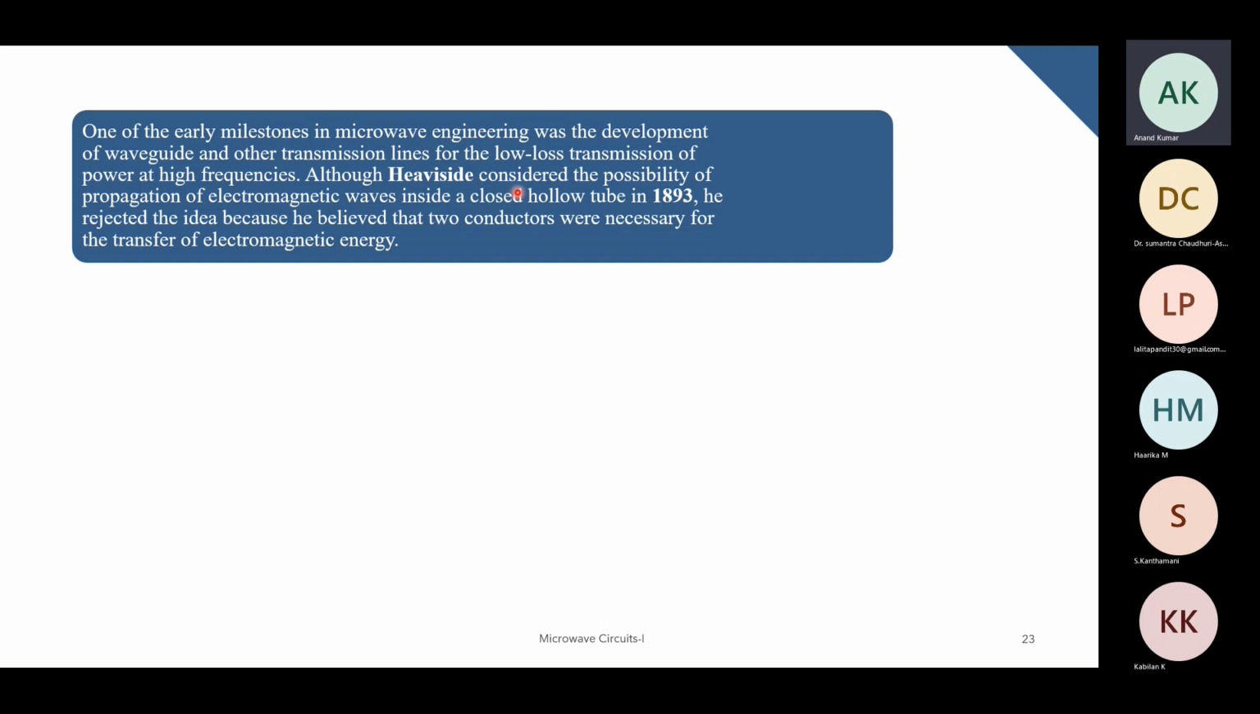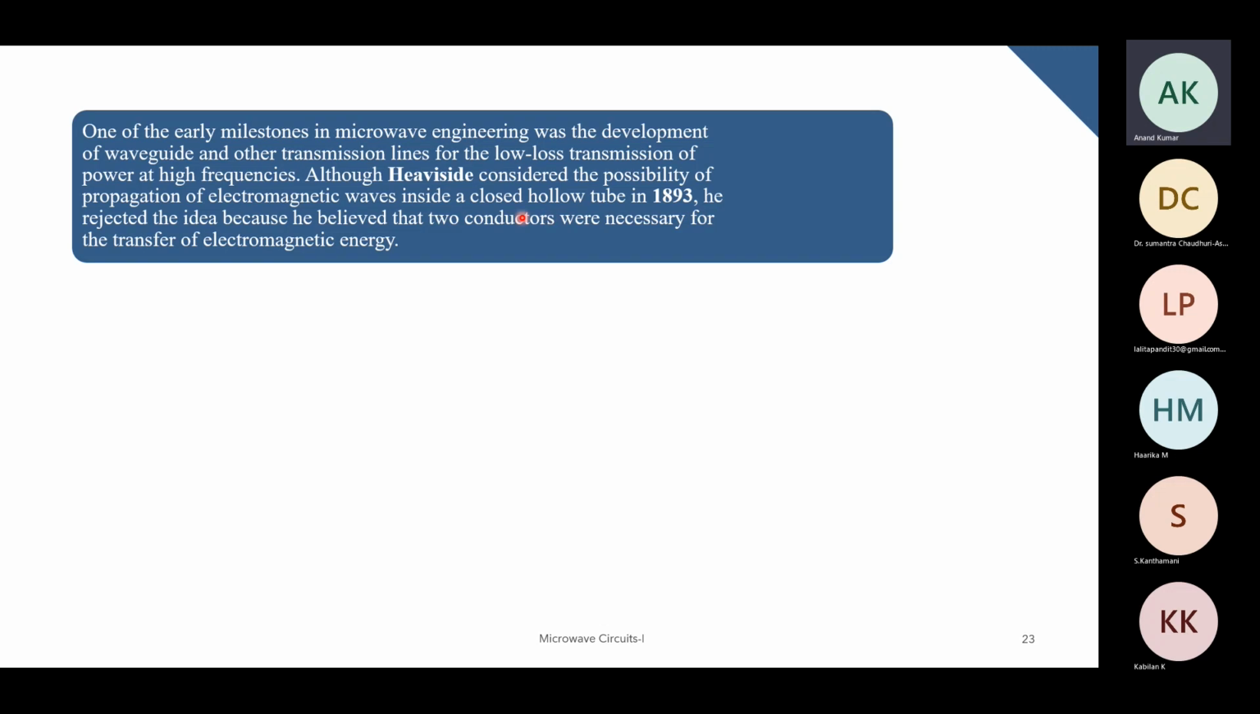One of the early milestones in microwave engineering was the development of waveguides and other transmission lines. This allowed for low loss transmission of power at high frequencies. Heaviside considered the possibility of propagating electromagnetic waves inside a closed hollow tube in 1893. So 1893 was the first time that we tried to design waveguides,